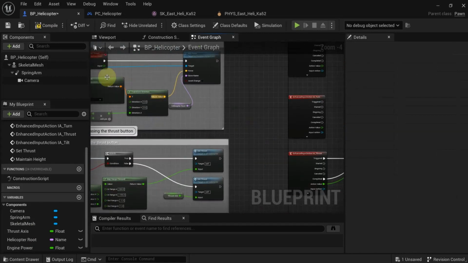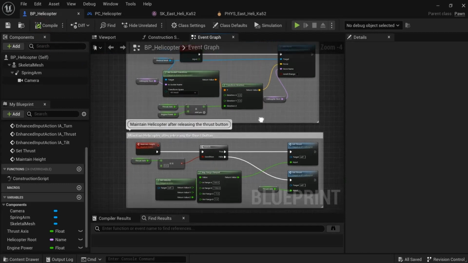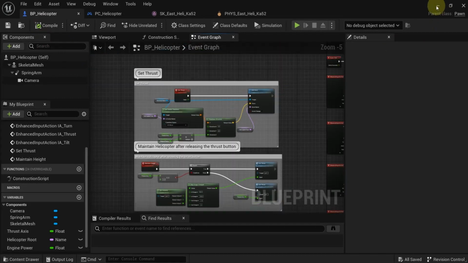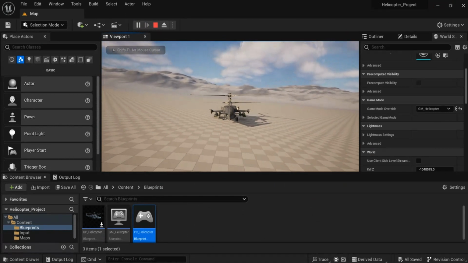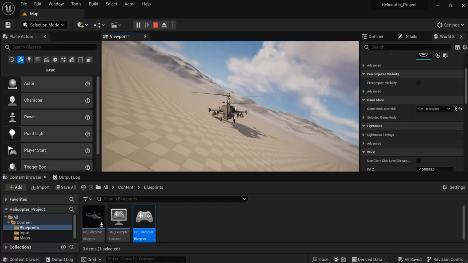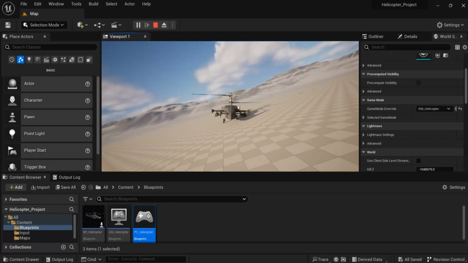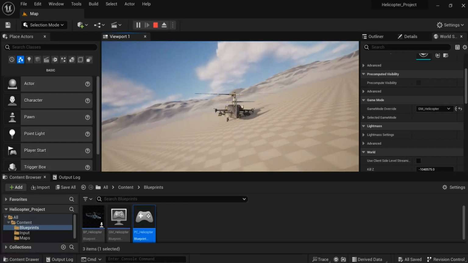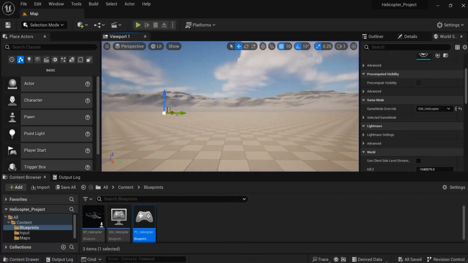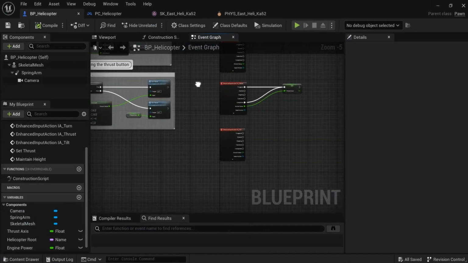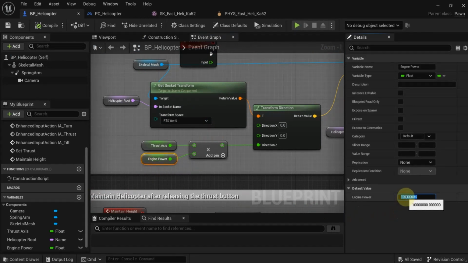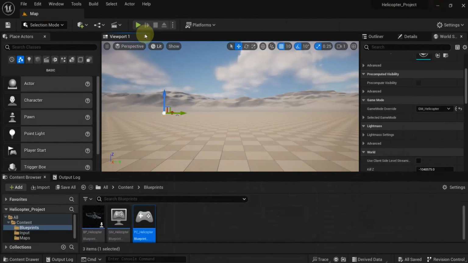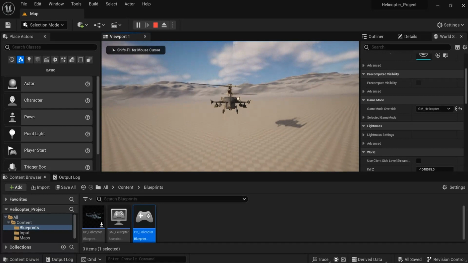So we delete the set thrust in the controls. Now we test it. We go up, but still it doesn't go up that well, so we need to increase the power that we are applying to the helicopter. Now the engine power, we'll increase it, make it like 50 million. Here the helicopter will fly well,